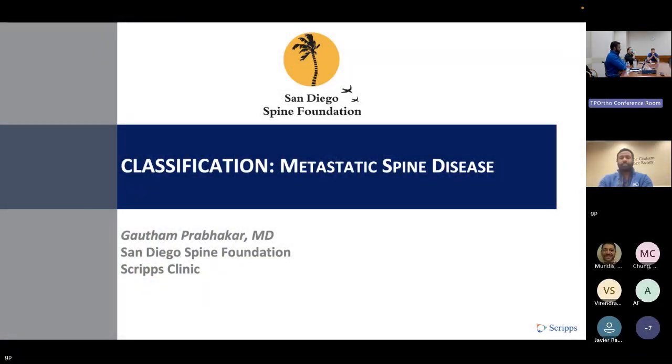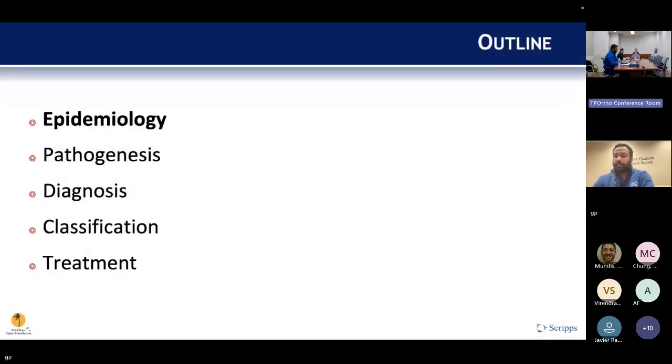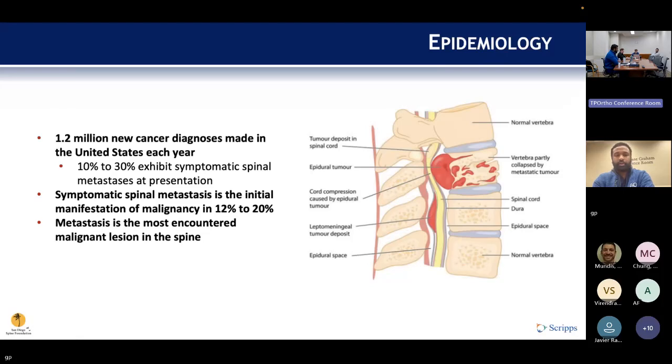As Dr. Mundis stated, it's not the most riveting topic for us, but I think it is an important topic nonetheless. Any spine surgeon, whether in a private practice or at a big tertiary center, needs to know how to navigate these sometimes complex patients and also know when to get help from different disciplines. So we'll go through this and hopefully get through without too much pain. A little bit of epidemiology first.